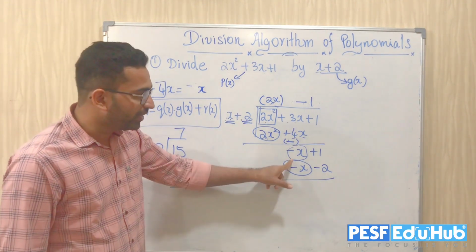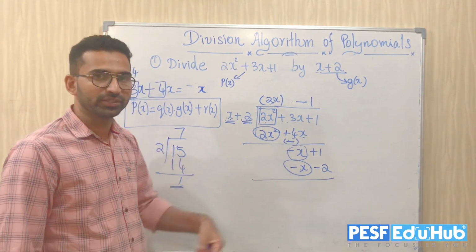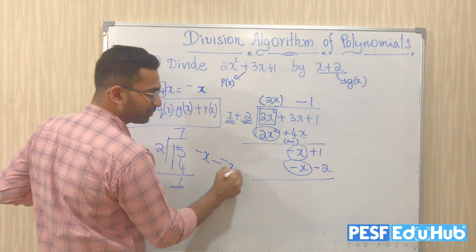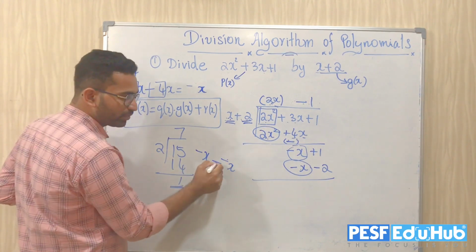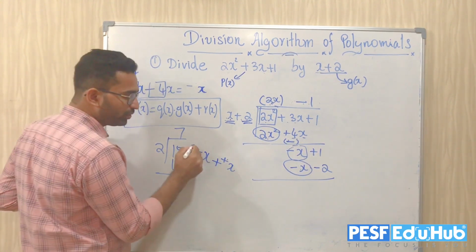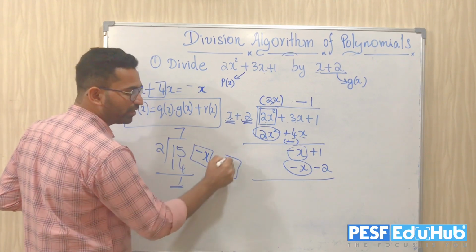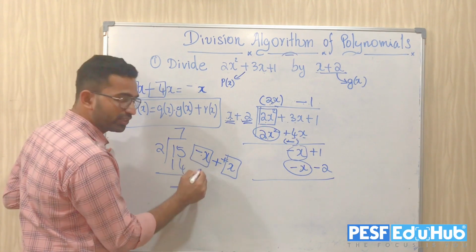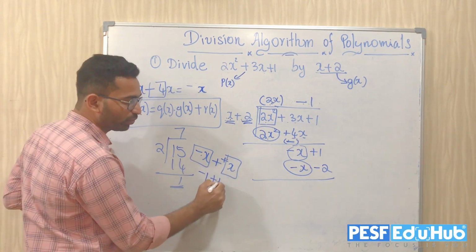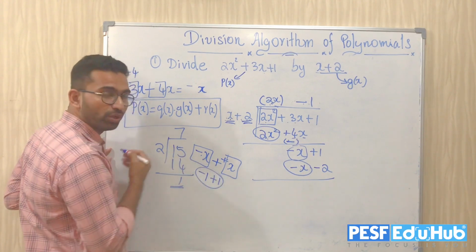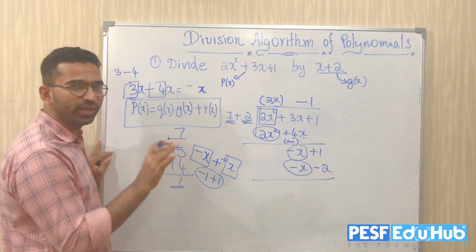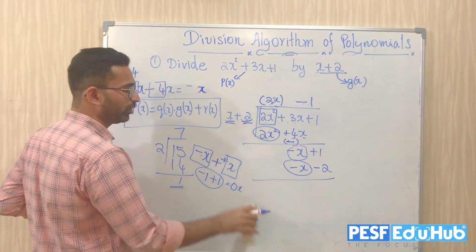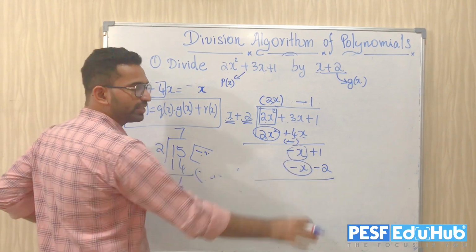Now you just move from this step to another step, meaning you just subtract the like terms. -x, you have to subtract -x. -x subtracting -x, so minus and minus becomes what? Positive. I have a -x and I have a +x. They are like terms. So as I told you before, what is the coefficient here? -1. What is the coefficient here? It is +1. So -1 and +1 is what? 0. Am I right? So it will disappear anyways. So 0x will be the answer. 0x means 0 only.